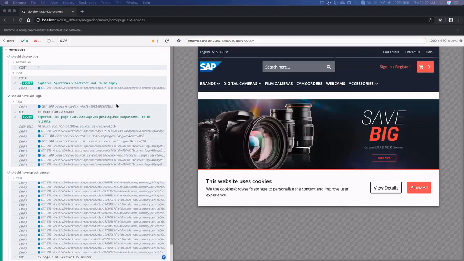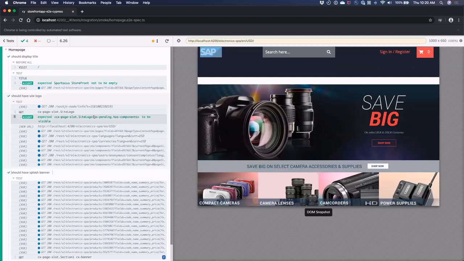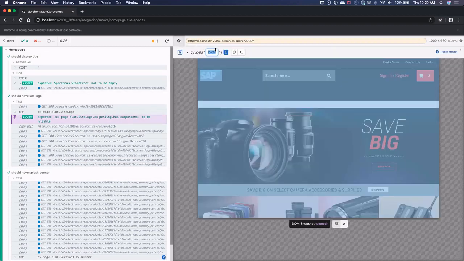And then you also have the DOM playground. For example, this is the selector that I was talking about, cx-page-slot, site logo, etc. You can see that it's highlighted on my right here. This is the element I'm looking for. And you have this nice utility called the DOM selector.